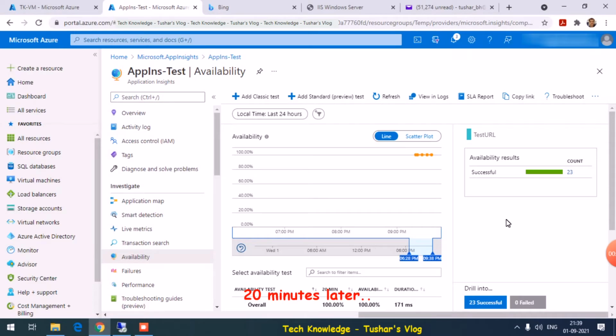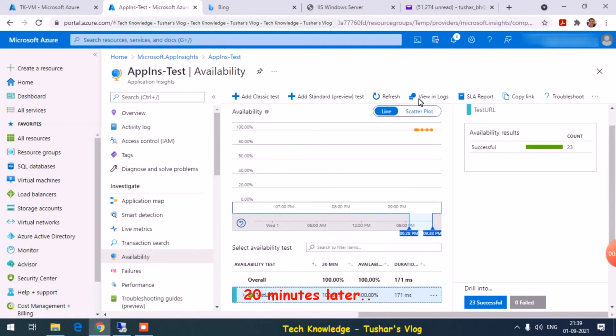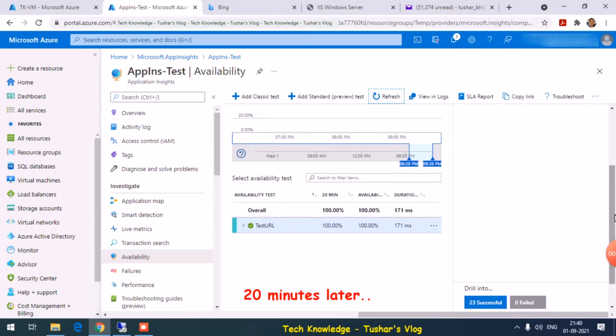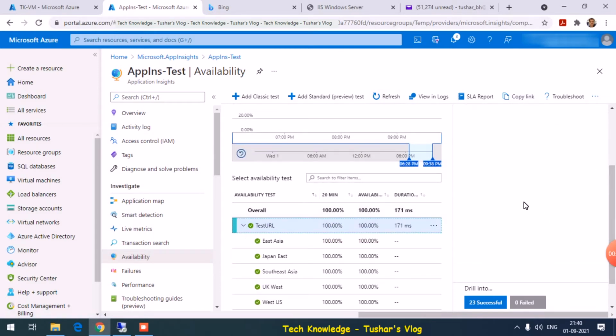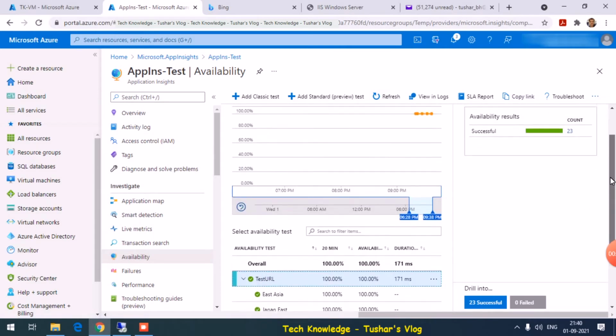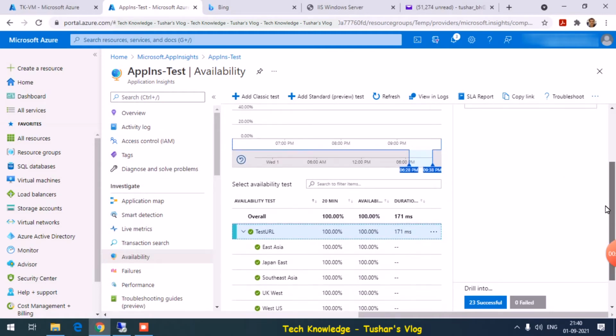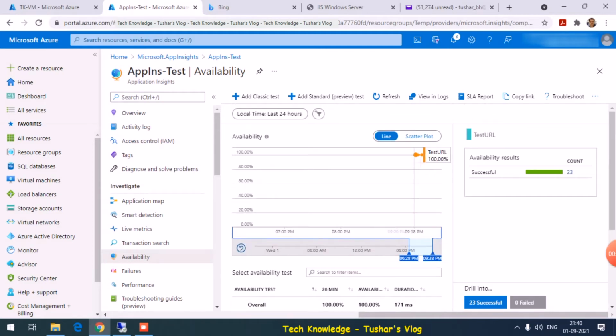Okay, so it's been around 20 minutes or so. So let's see what is the status. I refresh it. Okay. So as we can see, we had set it up around 9:20 and the time right now is about 9:40. So in 20 minutes,